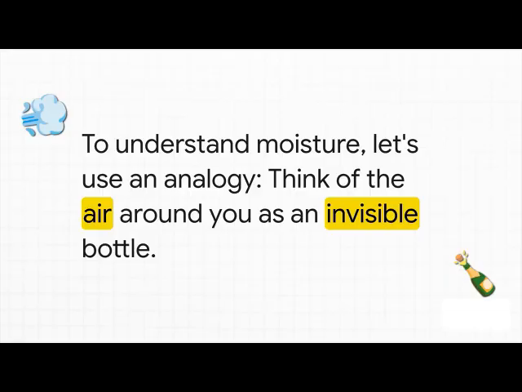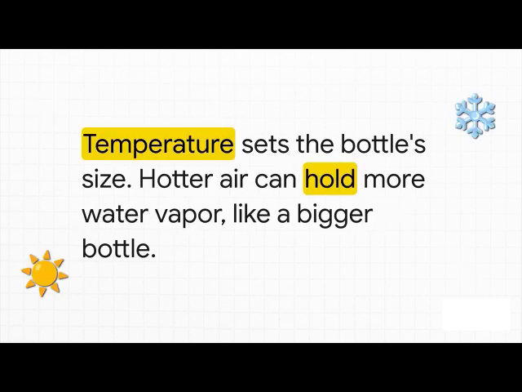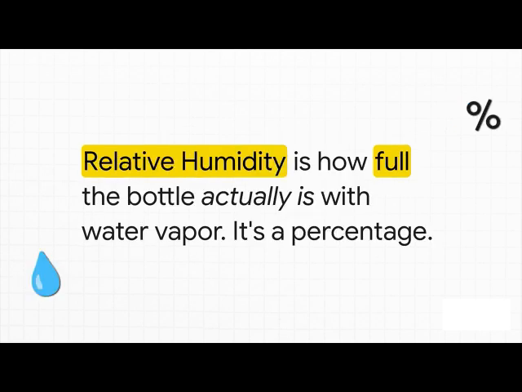All right, to really get this, let's try a simple analogy. Just imagine that the air all around you is a big, invisible bottle. Now, the temperature of the air, that determines the size of the bottle. Hotter air can hold way more water vapor, so think of it as a giant bottle. Cooler air, that's a smaller bottle. It's all about capacity. So, if temperature sets the bottle's size, then relative humidity tells us how full that bottle